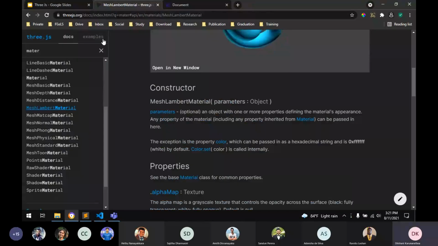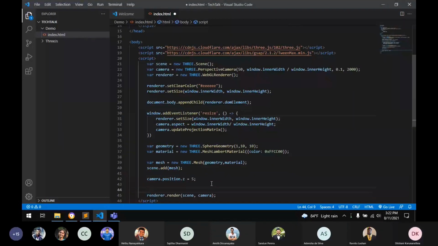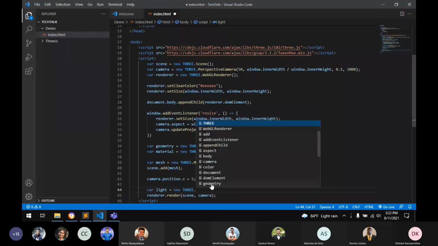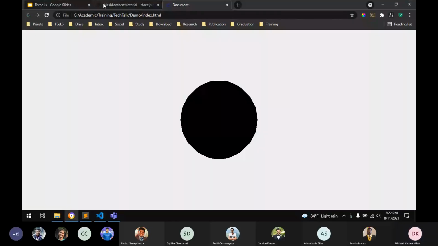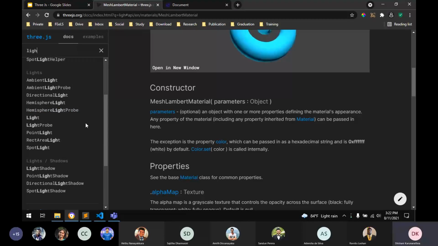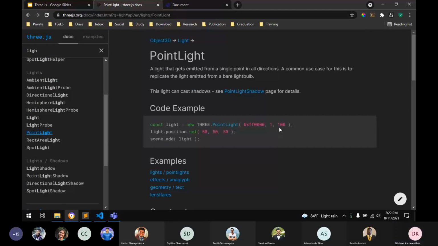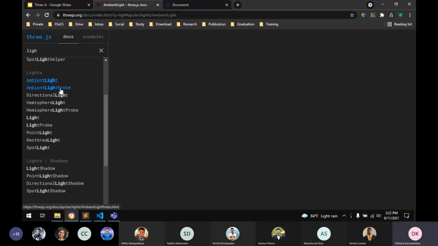Now if we go to the website, this is black color because we didn't provide the light. So to do that, let's use point light. Ambient light.